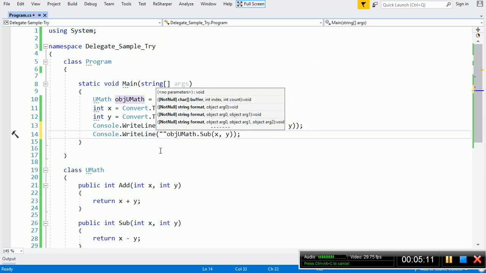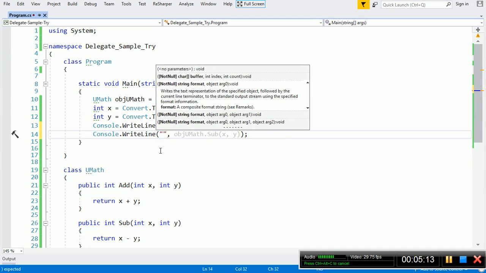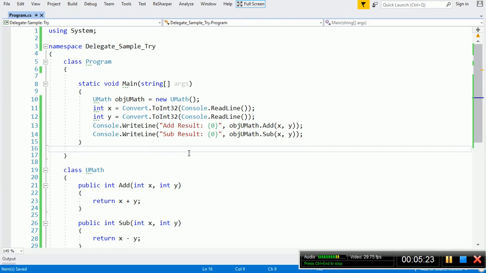Add result, sub result. So now our program is ready.